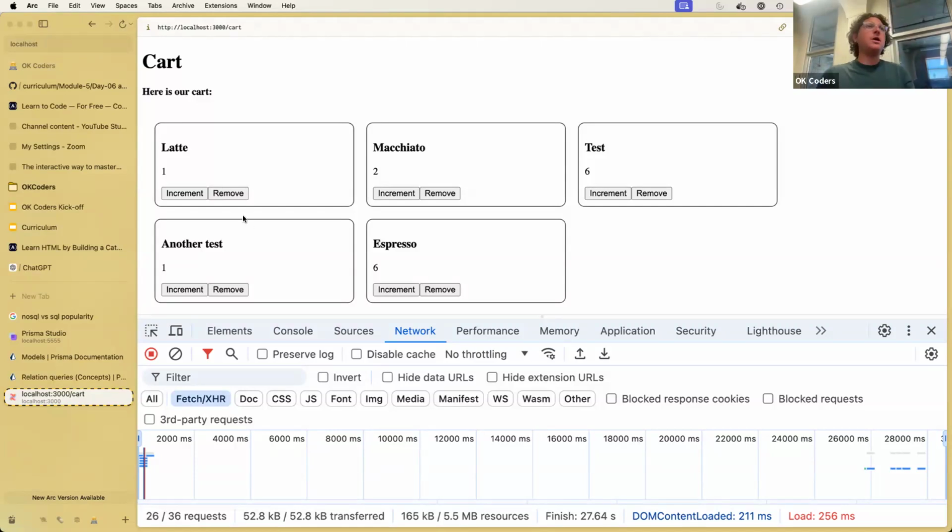Yes, so we probably don't need to show all that, right? But they might at some point be looking at this and be like, what was that thing I added to the cart? So usually this would be a link that they could click and it would take them to that menu item. To do that is quite easy. We make menu item detail pages. We don't have that right now, but